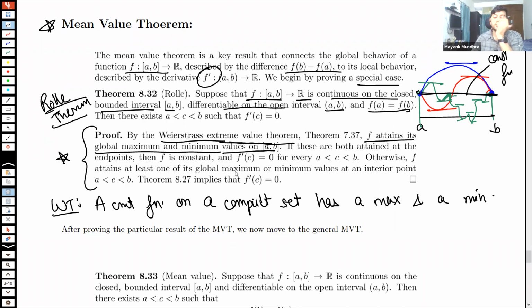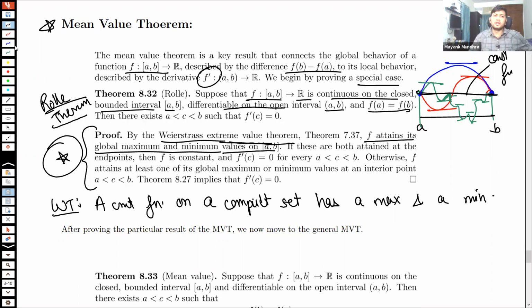Rolle's theorem has been asked for proof in the ISI exam previously. So when I star mark things, you are supposed to know the proof. I give you download rights for a reason, so that you can download these notes. When you download and file them, make sure you put a star mark on the proofs that I am star marking, so that you know these proofs need to be revised before the exam.